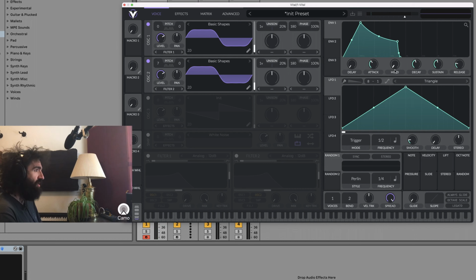Now the hold changes how long it stays at the peak of the attack before it starts to decay. It's really nice in Vital how it shows you this little guy going along. It's very, very visual, so it's easy to understand what these do. Now the release is how long the sound will kind of ring out after you release the key. So if I put it up,